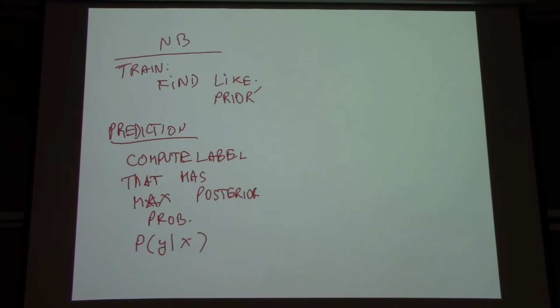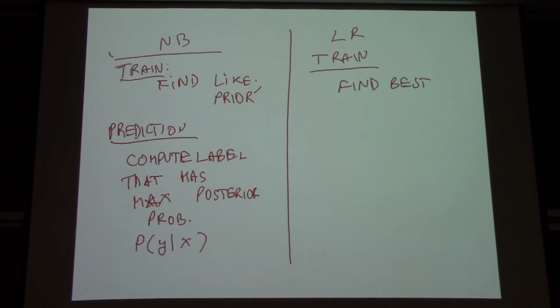That's naive Bayes. For logistic regression, for training, find the best W that maximizes the log posterior. Training involves modeling directly P of y given x. At prediction,